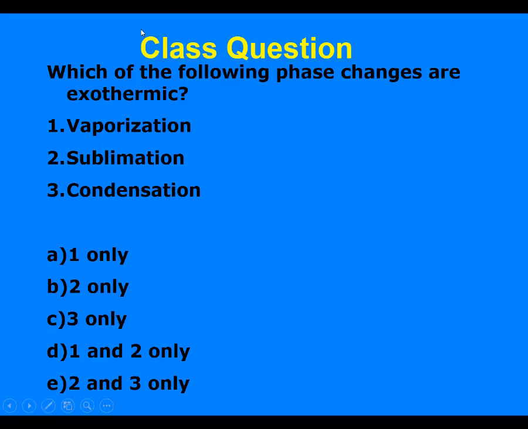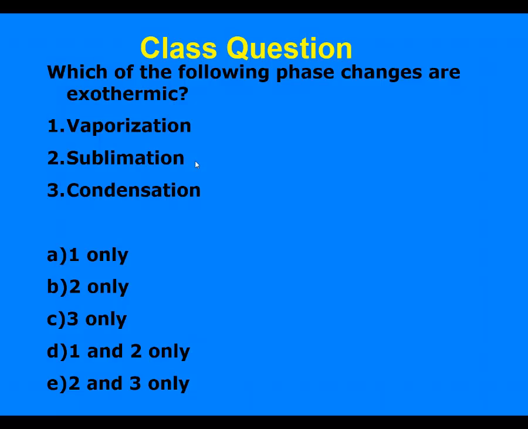So if I look at this, if I talk about vaporization, a liquid going to a gas, I'd have to put energy in for that to happen, so that would have to be endothermic. A sublimation process would be the sum of my melting or fusion and then my vaporization, so that's also endothermic. I have to put heat energy in to overcome those intermolecular interactions as I go directly from the solid state